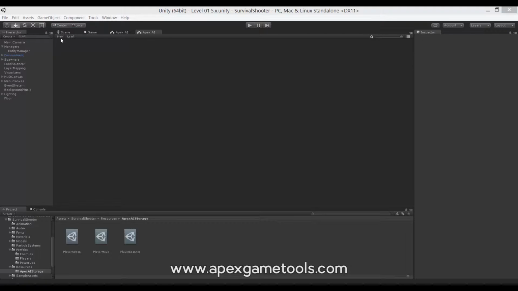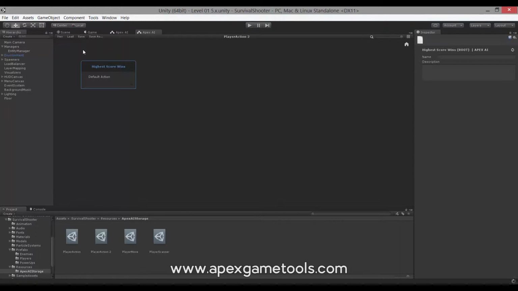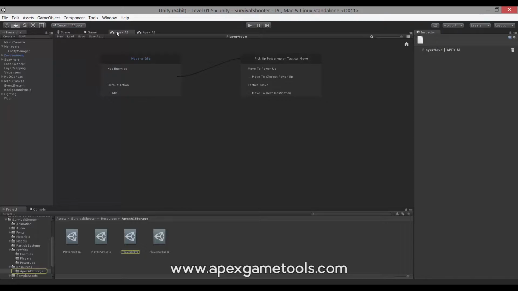So as before, we will start by creating a new AI. We are going to call that player action 2. And again, we will have our default selector created. But now we actually have a situation where the first selector that we would like to use is actually identical to the one we created in the last video. So if we just switch to that AI,